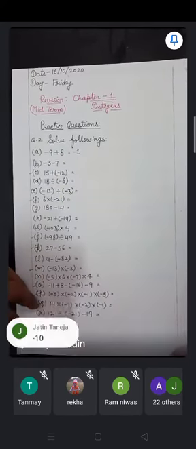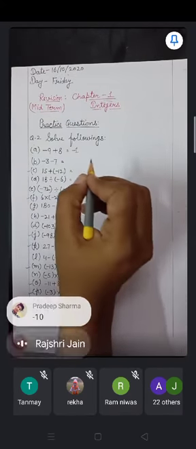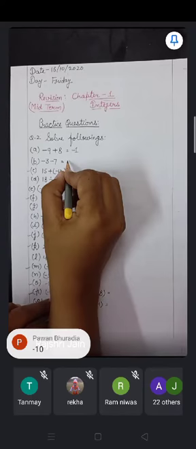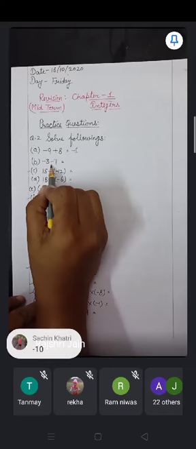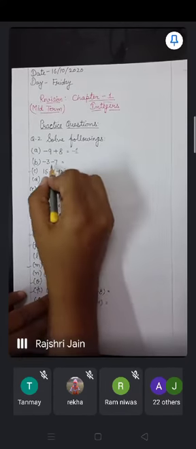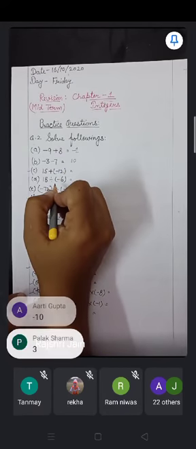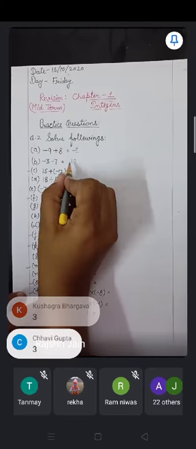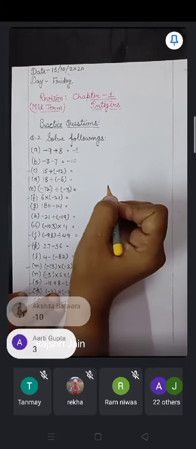So what about this? Yes, students, very good. You have to give a reply when I am solving these questions. So you can see both the signs are same now. Both the signs are same. So whenever the signs are same, we have to add. So 7 plus 3 will be 10. And in addition and subtraction, we will write the sign of the bigger number. So the bigger number is 7 and it is negative, so it will be minus 10.